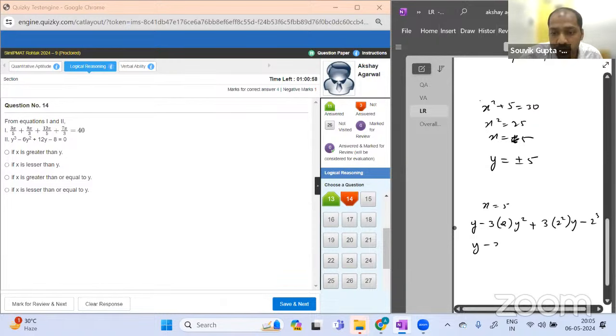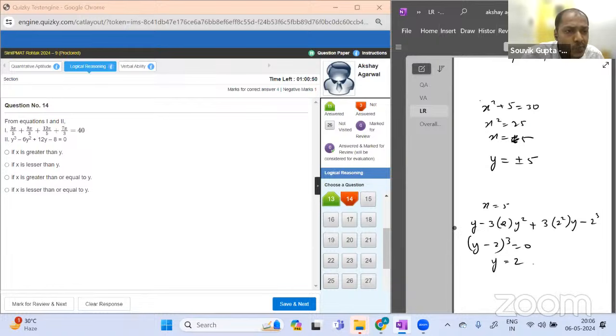This is y minus 2 the whole cube equal to 0. Y is equal to 2. Y is always equal to 2, but x is, what did I do? X is equal to 5. So therefore x is greater than,